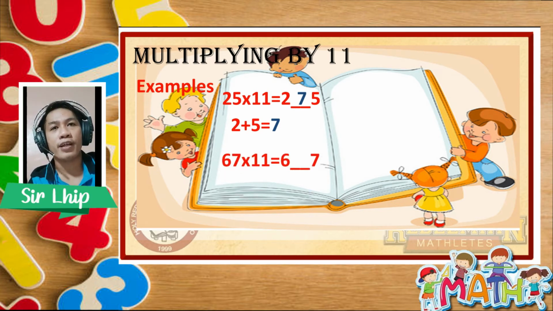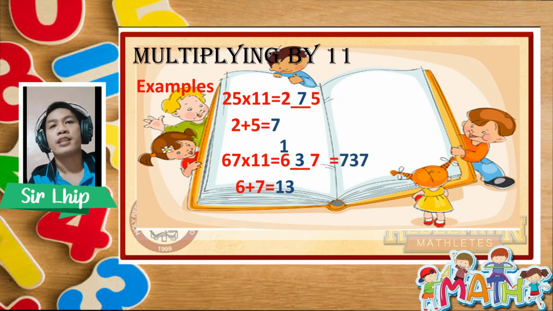67 times 11. Do the same again. Separate 6 and 7. 6 plus 7 equals 13. Then, write 3 between the numbers. Then, carry 1. So, 6 plus 1 equals 7. The product of 67 times 11 equals